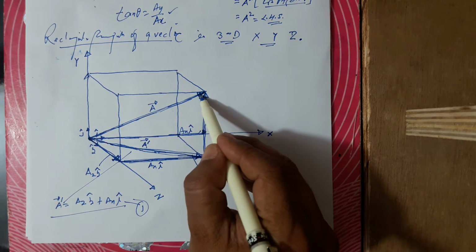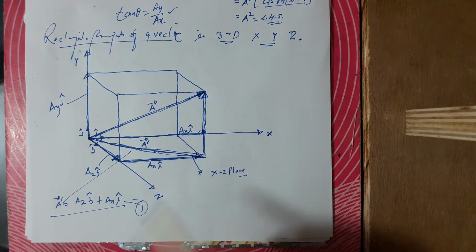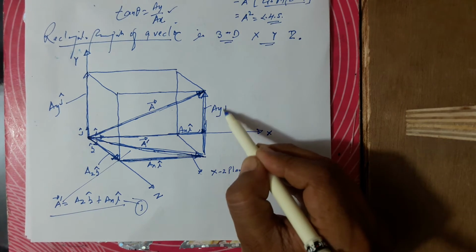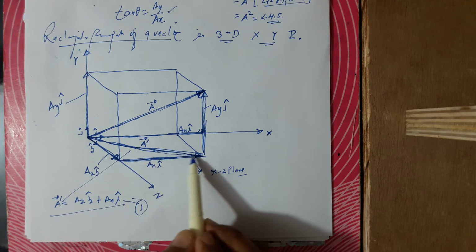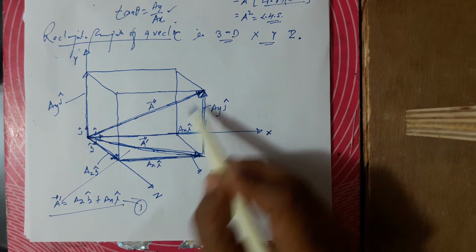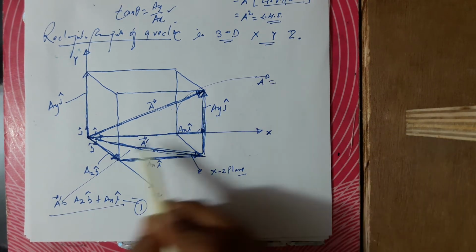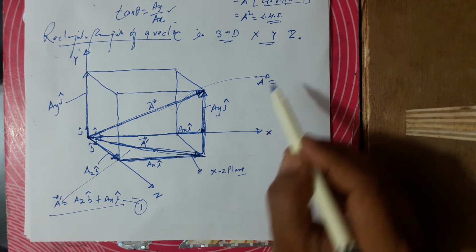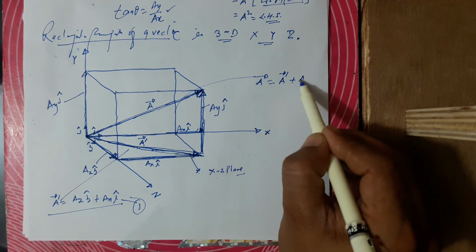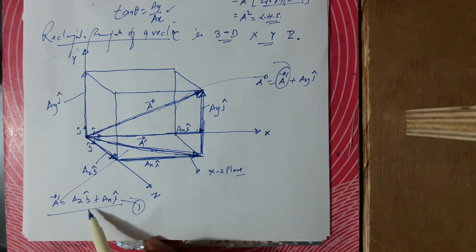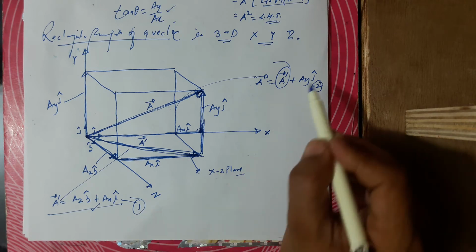This vector, its projection in y direction, which vector is this? ay j cap. Therefore this is also ay j cap. Now you can choose this triangle. I am choosing, you can see this vector, triangle law, this vector same order, then this in opposite order, then you can say vector A equal to the vector in the xz plane below, a dash vector, plus this ay j cap. This a dash vector is this one, using equation 1. This is equation 2.